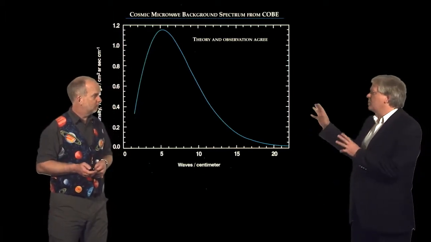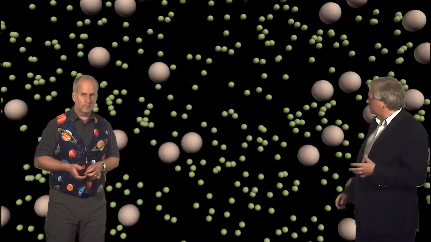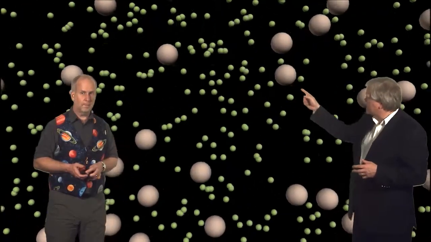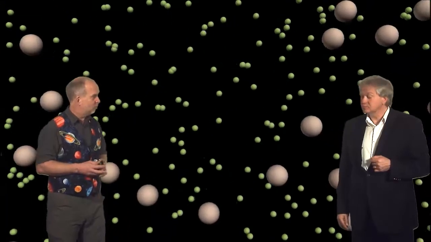All right, so let's just show a sort of a cartoon of how this works. So here we have a universe full of photons, the little guys, and hydrogen atoms, the big guys, and the photons are literally bouncing off the hydrogen atoms here. So this is what the universe would have been like for the first 300,000 years or so when the scale factor was less than 1,000 times what it is today, with the photons in large numbers and the baryons, the normal matter, bound together.